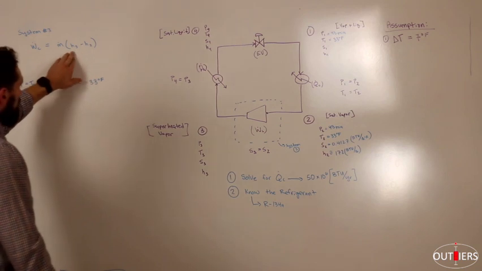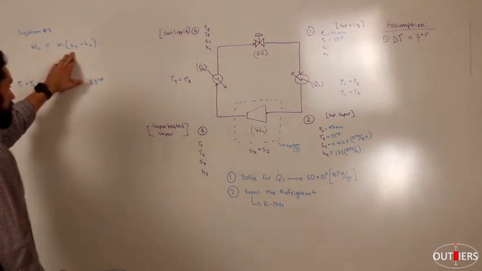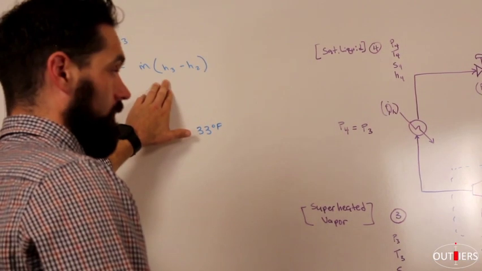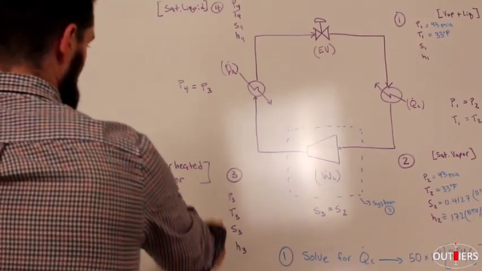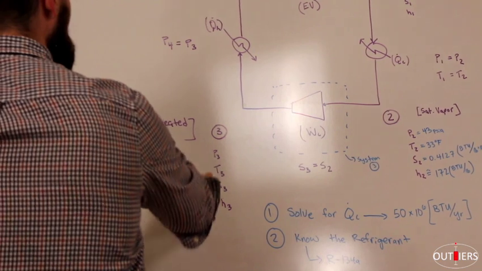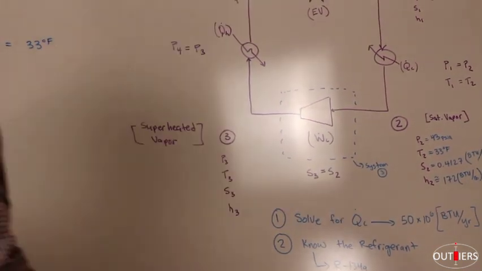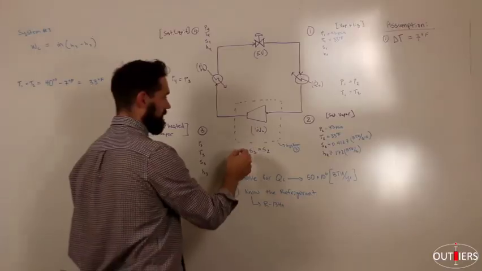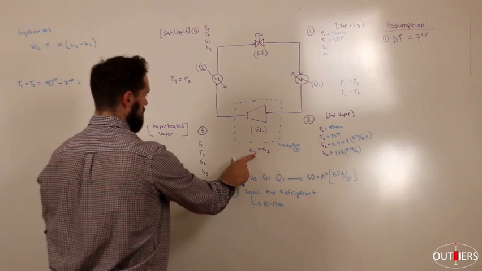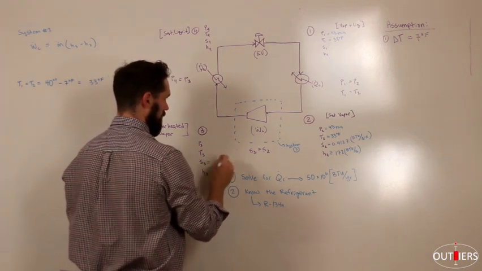Do we have H3? Can we find H3? H3 is right here. Superheated vapor. Do we know any of these values? We know one of them because of the simplifying assumption we made. What did we say? S3 is equal to S2. Therefore, S3